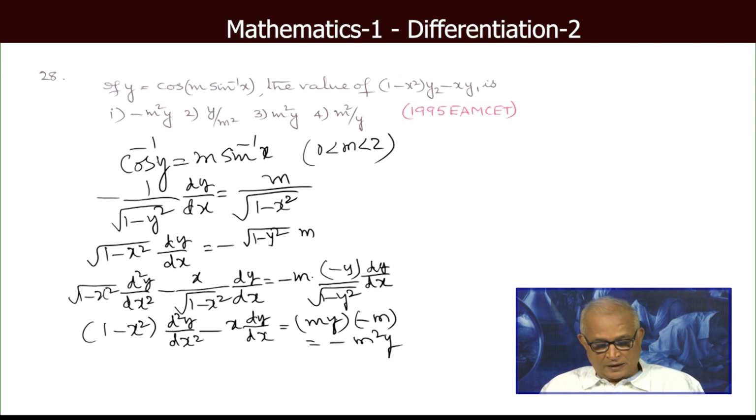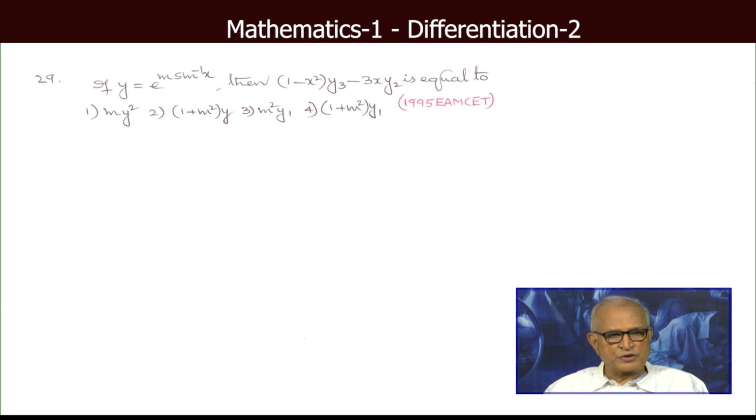Follow? I multiplied through by root of 1 minus x square on the right hand side, root of 1 minus x square into dy dx. From the previous step it is minus root of 1 minus y square into m, cancel root of 1 minus y square, minus m into my, that is minus m square y. So, minus m square y is the answer. So, generally a little time taking, but at any rate it does not take more than 1.5 minutes. Okay. Then